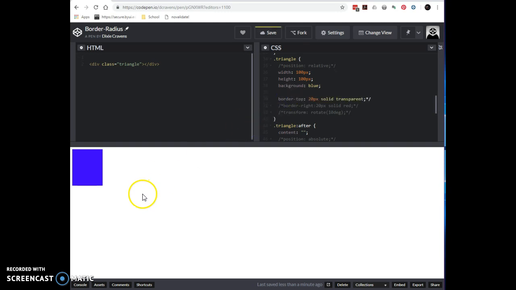So if I do a border top, you see this has gotten larger, but what actually has happened is we have this. So we've added a border there, and now we have a border on the right, but you can see we don't have a triangle. So if I remove this background